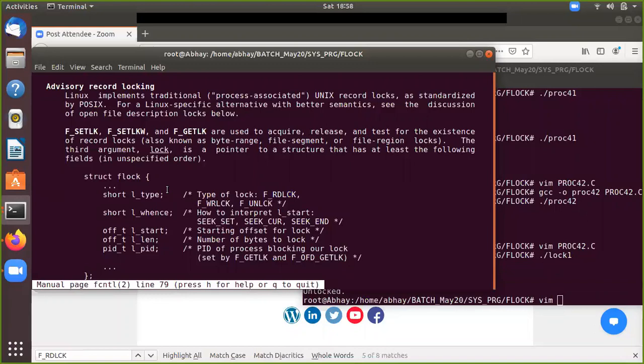Whether you use it blocking or not is based on your requirement. F_SETLKW obtains a lock; if the lock is not obtained, it will block. F_SETLK, I think, will not wait; W is for waiting. It will see if the lock is there, it will go ahead; if not, it will come out. It will not be a blocking call.